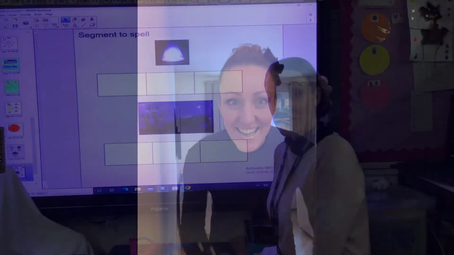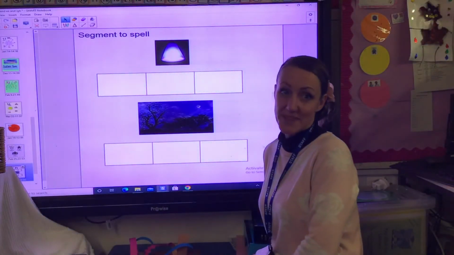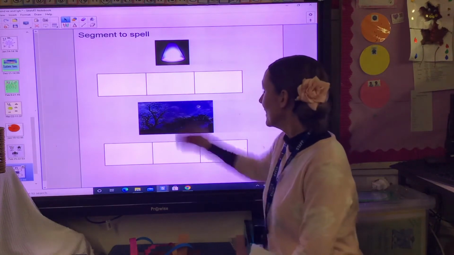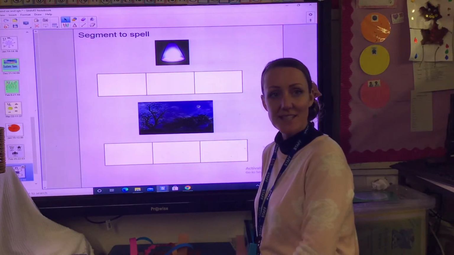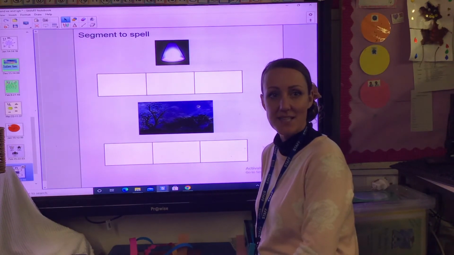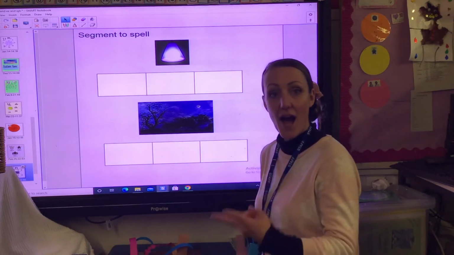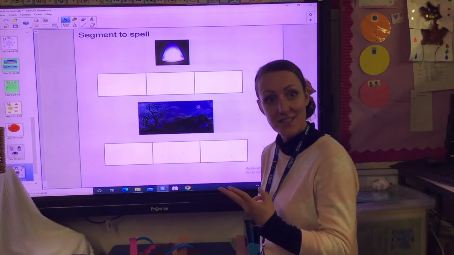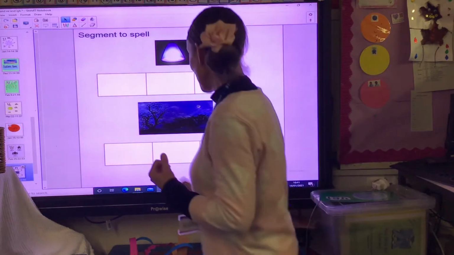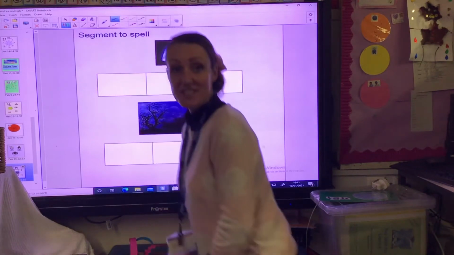Now it's time to write some words with the I sound in them. Here I've got a picture of a light. Let's say the sounds in light. L, I, t. L, I, t. There's 3 sounds. So the first sound is